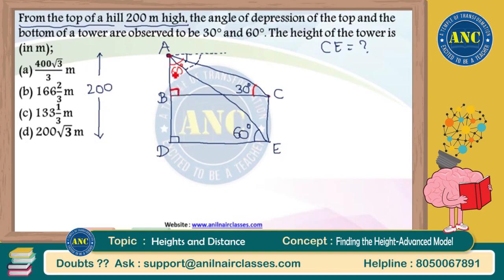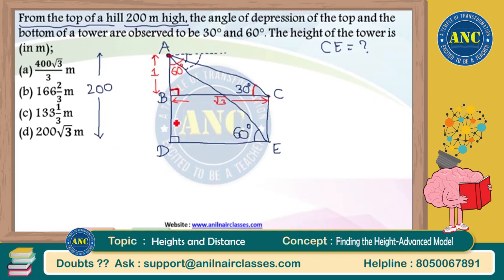Now, same logic. Opposite to 30, if I assume it as 1 unit, opposite to 60, I will assume it as root 3 units. Opposite to 30, if it is 1, opposite to 60 will become root 3. Similarly, if I take this bigger triangle,